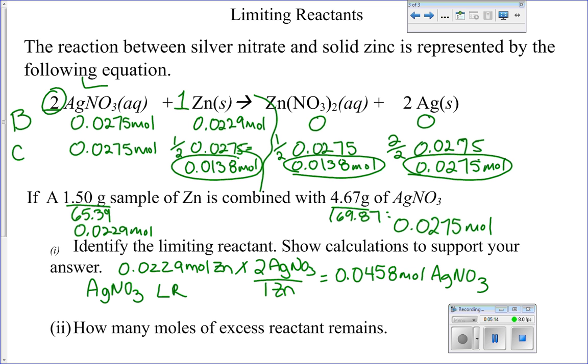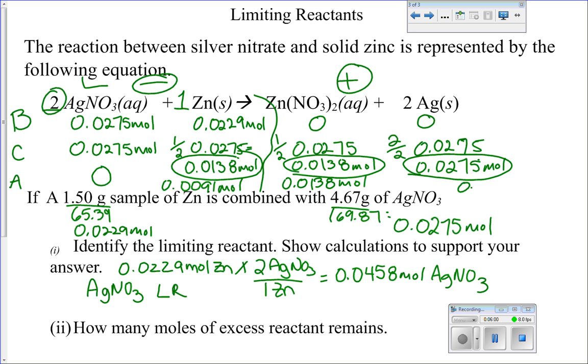So now if we work this out, our after line, your limiting reactant, will always be 0. Then if I subtract, I don't have a whole lot of moles in excess left over. It's just 0.0091 moles of zinc will be left, but I do have some left. You know you made a mistake on your limiting reactant if what you use is more than what you actually have. In this case, I have some left over, so that works. On the reactant side, you subtract, and on the product side, you add, because you are creating the product. So I'm going to add to 0, so 0.0138 moles